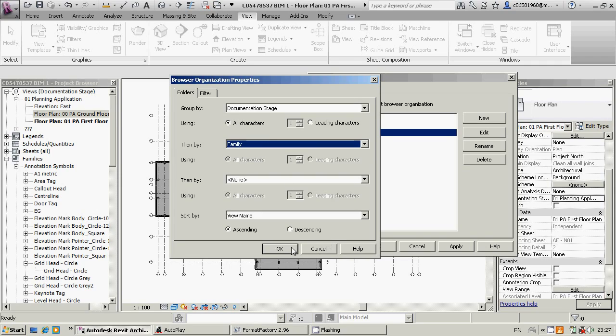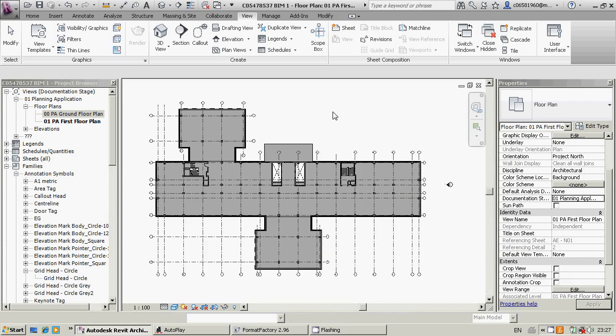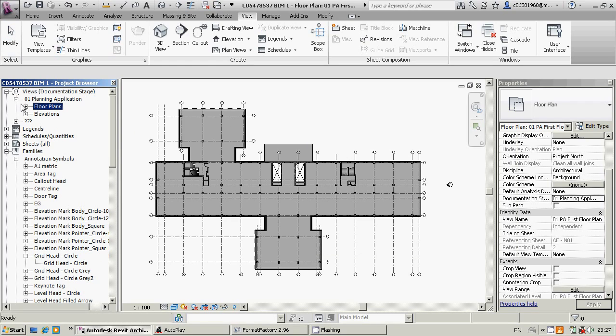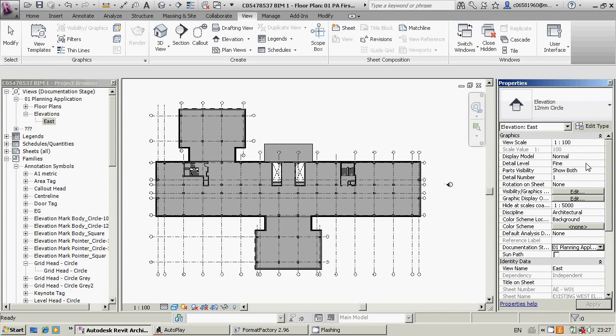So you'll see now when I apply this, it'll break up our elevations and our plans into separate categories instead of them all mixing into one. So that's what that does. So now you can have your planning application, you can have floor plans, elevations, and say I'm not going to open that elevation. You can edit your view settings just by clicking on it on the project browser and then going over here. So we're going to change this, the detail level to coarse, leave the scale,